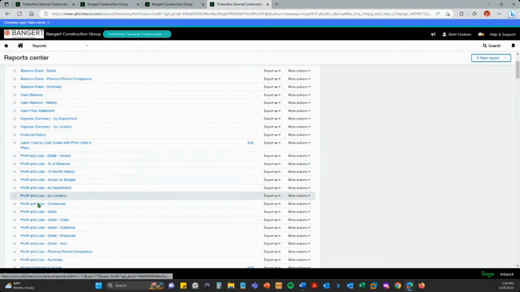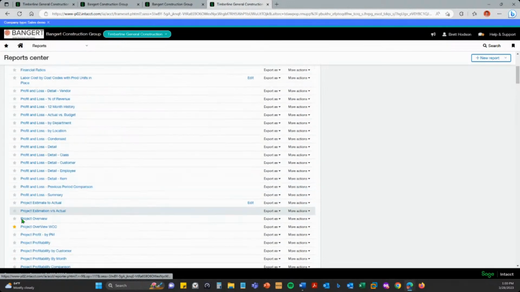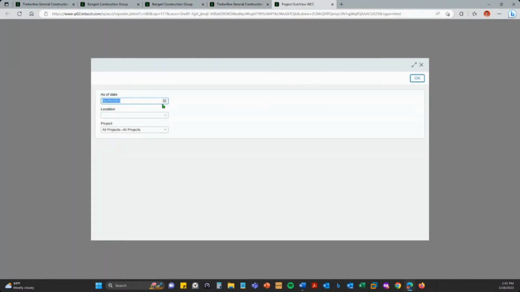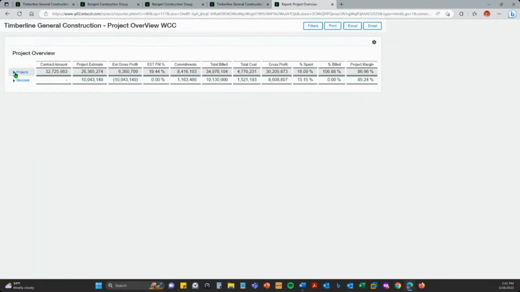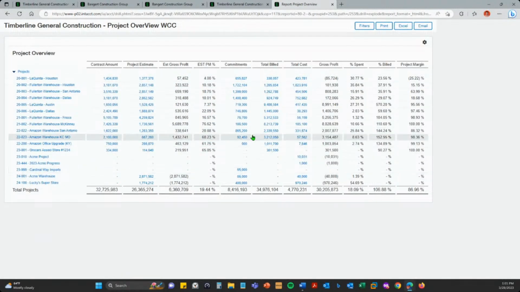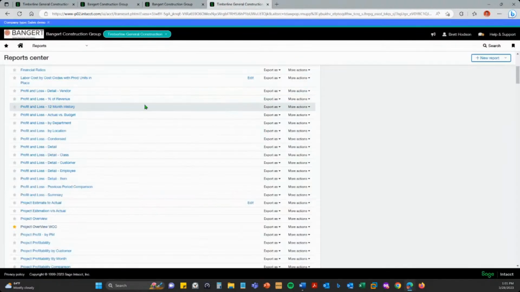You can see here I have P&L by vendor and different things, or here's a project overview report. And so if I click on that, and go ahead and run it, it's just a simple linear type report. And when I open this up, it's going to show me all those specific details. So the tools to build these are much easier, much more visual, and things that we at Bangert will help you guys with.